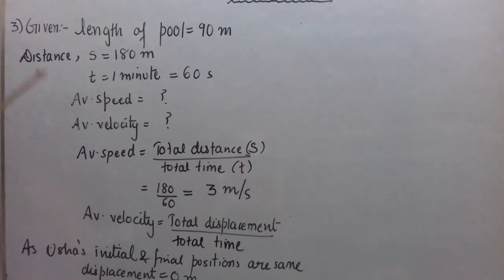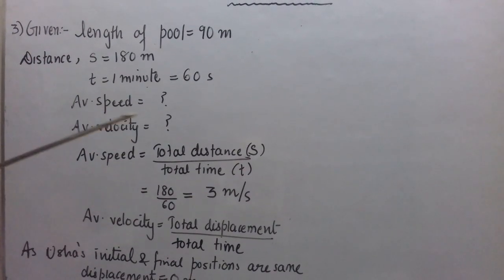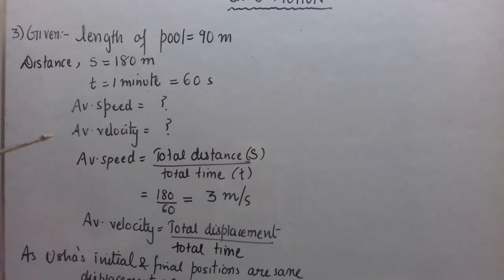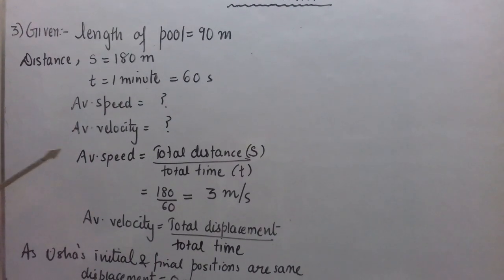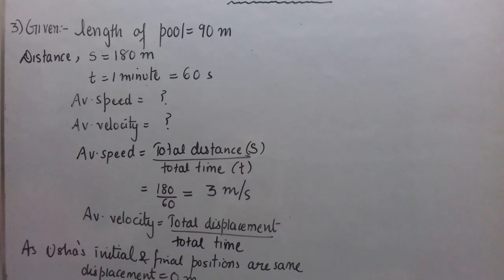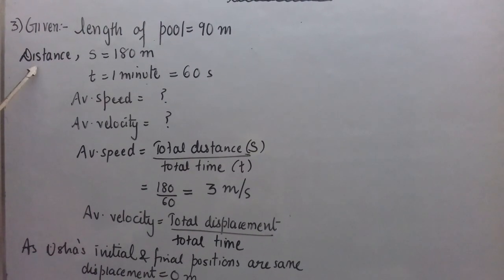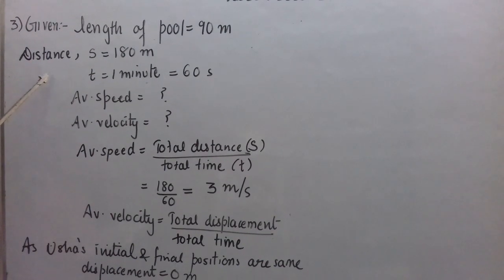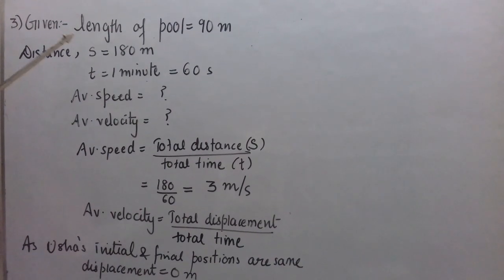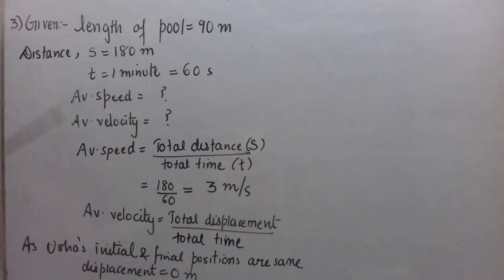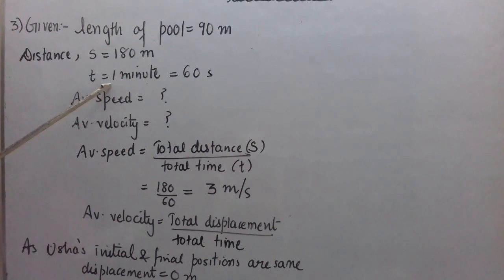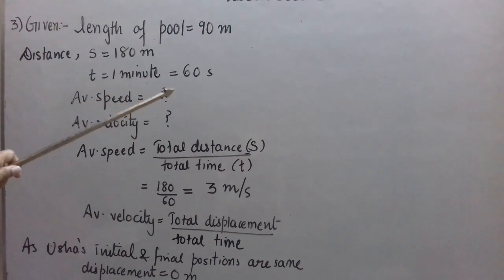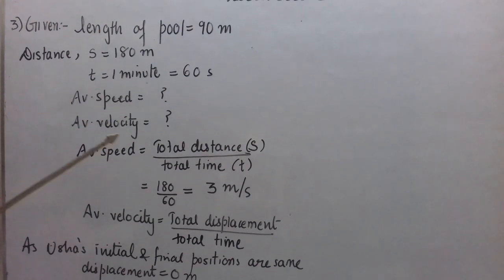And as in this numerical, Usha is not going straight, she returns back also. So the distance and the displacement magnitude will be different in that case. So I have written that S is distance, just to differentiate between distance and displacement. Now I have written what is given. Any conversion required? Time is 1 minute, converted into seconds, 60 seconds, and this is 5 meter.